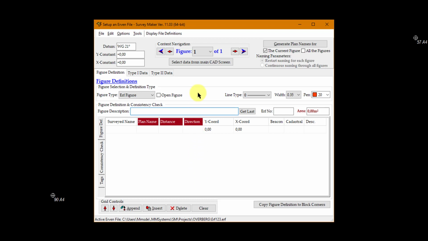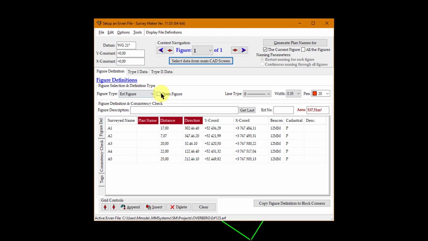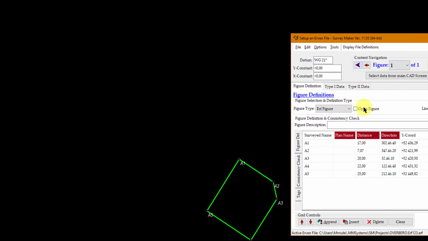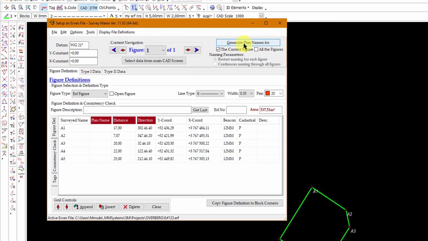I would first go to select the data from the main screen. So I'm just going to zoom in there a little bit. Now it automatically adds your snap mode to DTM point, and if it doesn't, you can just switch it on there. And literally just click out your Earth. You don't have to close it. You can just say accept, because there is an option to close the figure. If I just take that out of the way, you can see it's an open figure if I tick that tick box. I like to generate my plan names,